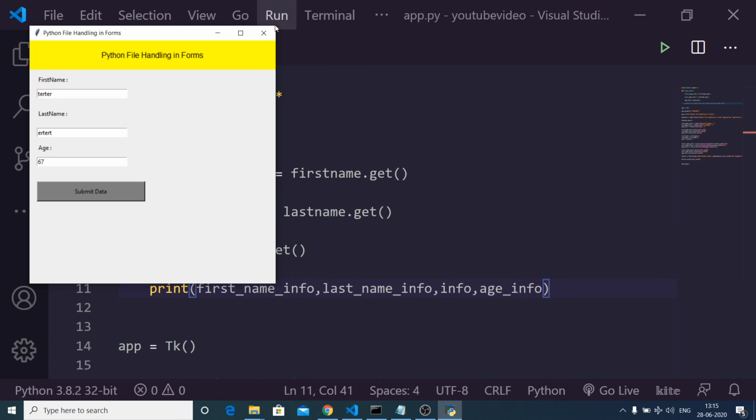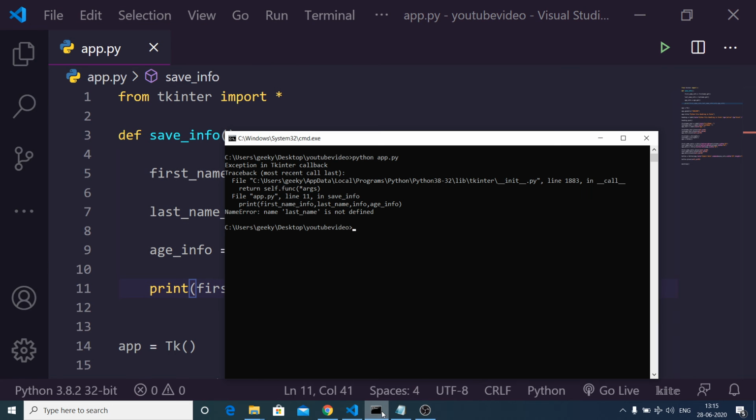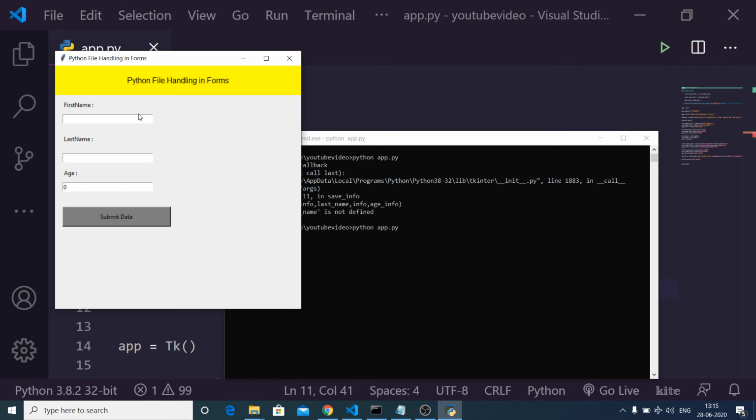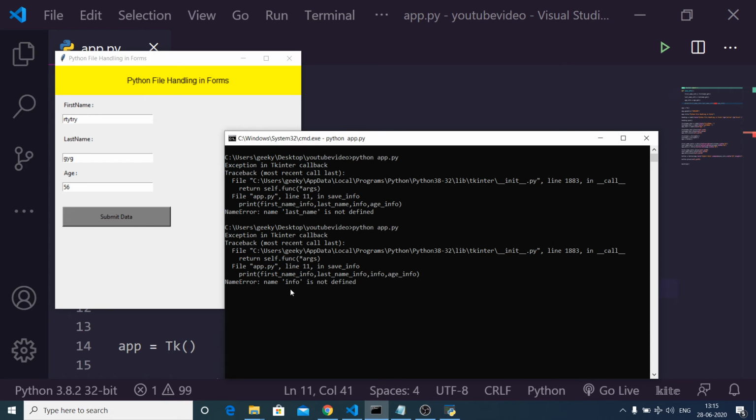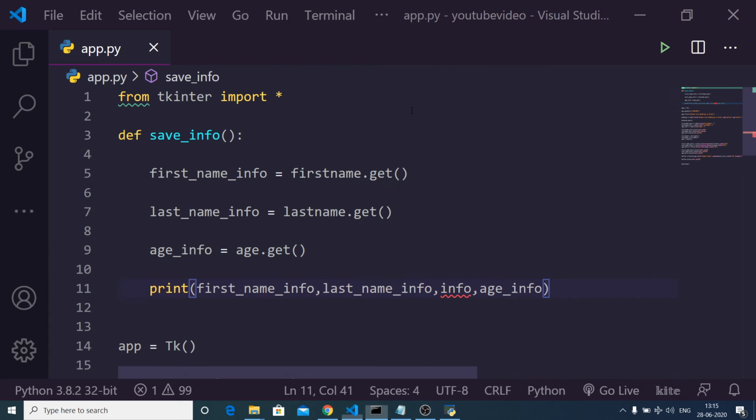So once again, if I close the application and run it, if I write the first name, it is saying to us that name info is not defined here.